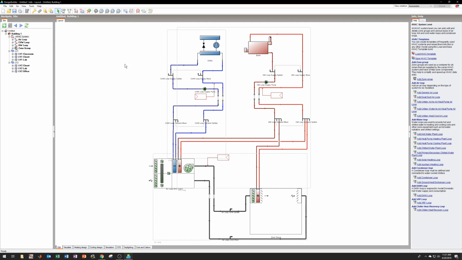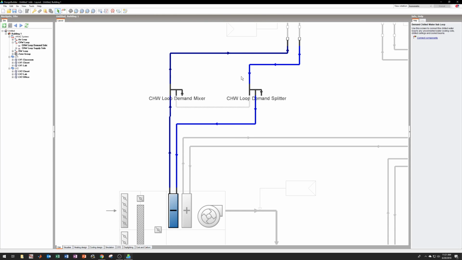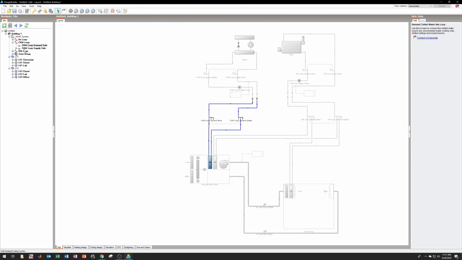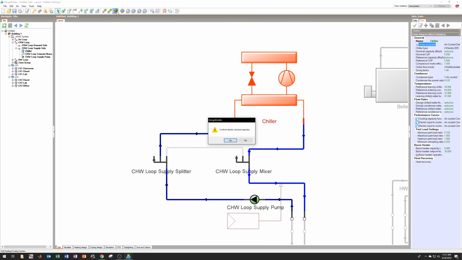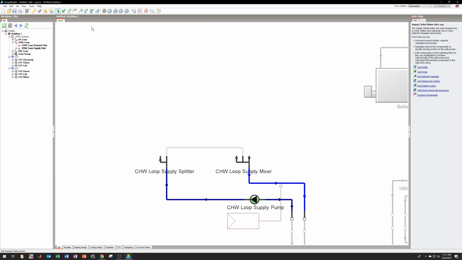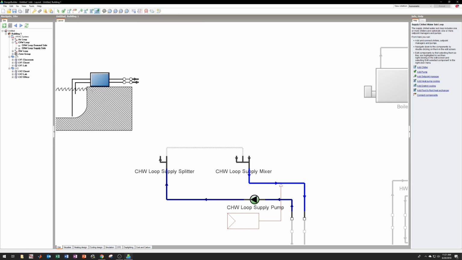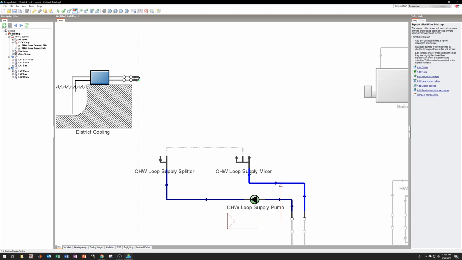So the first thing we're going to do is change the boiler and the chiller into district cooling and district heating. So we're just going to double click. Went the wrong way. Or you can just go to the branch and go to supply side, click the chiller, delete the object, confirm it, and then add in district cooling. And then we're going to go up here and connect the components, and you can see these pipes have arrows, so just line up the arrows,